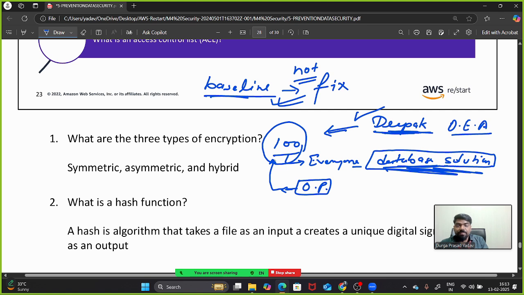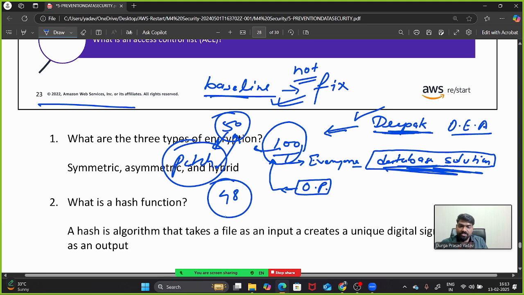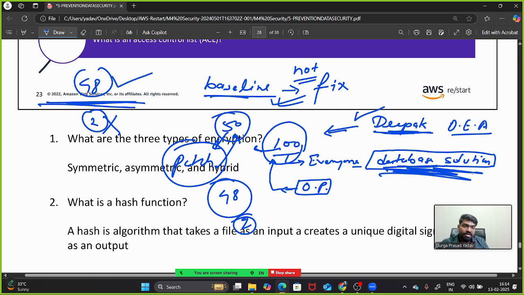So if you run the same patch, now you run the patch to check how many out of 100, let's say out of 100 we have selected 50 only, and out of 50, if you have added the patch and the patch has been installed in 48 computers, 2 did not install. So if you check the patch baseline, these 48 will come above, 2 will come down. So these 2 are not acceptable. These 48 are acceptable because they do have the database solution. Are you getting my point now? Baseline. Yes, sir. Got it, sir.